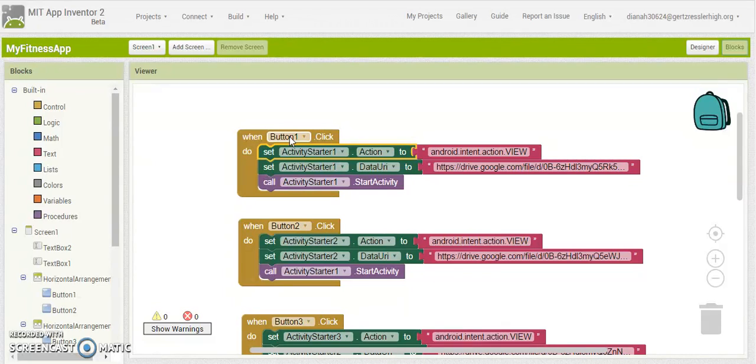If we did not have this line, then when the user clicked on this button right here, nothing would happen. It would just print a message that says error. So if we go back, the next line that says set activity starter 1 data URI to this link right here,